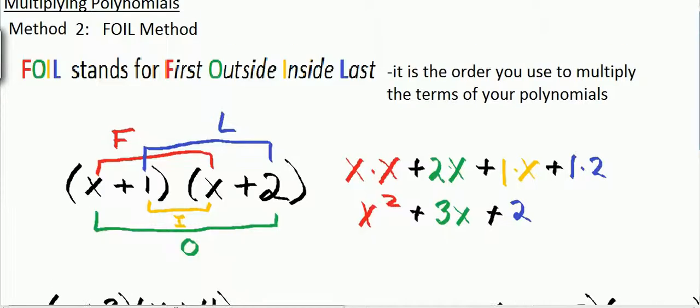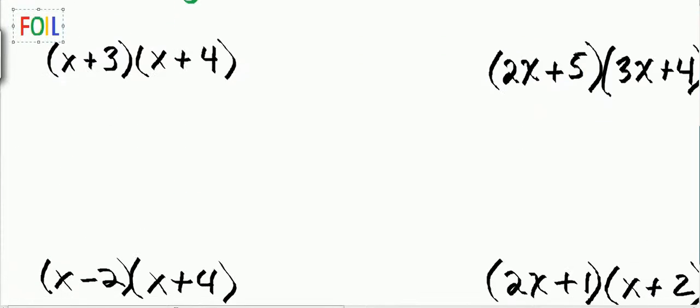Let's try this again. I'm going to make a copy of this and bring it down so we can kind of stay color-coded. So I want to use FOIL to multiply these two polynomials. So I'm going to start with my first,